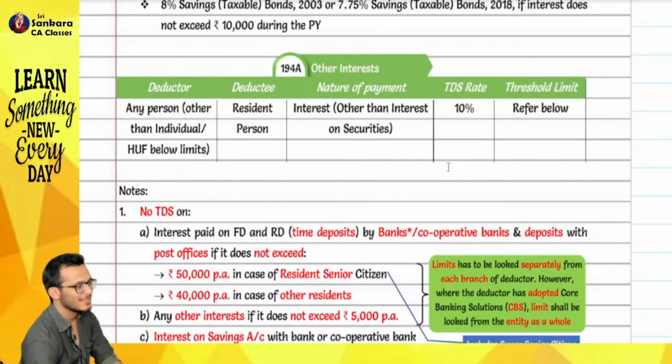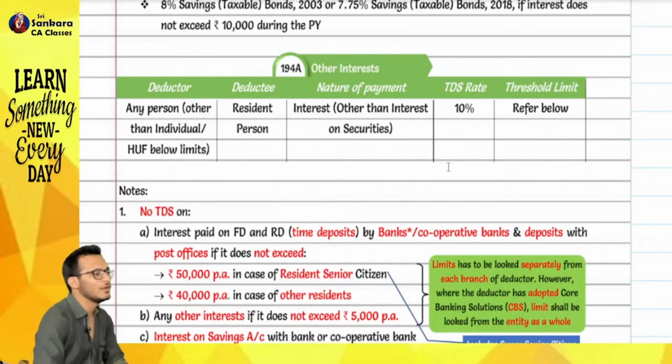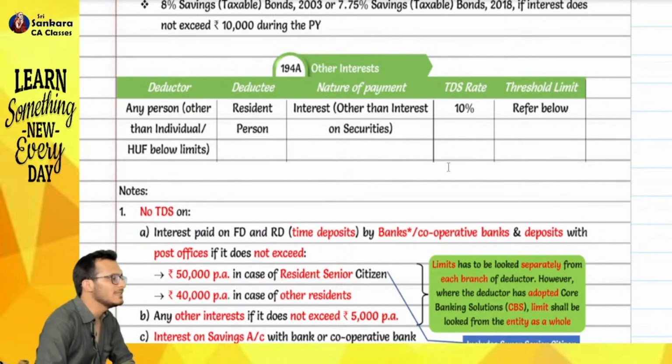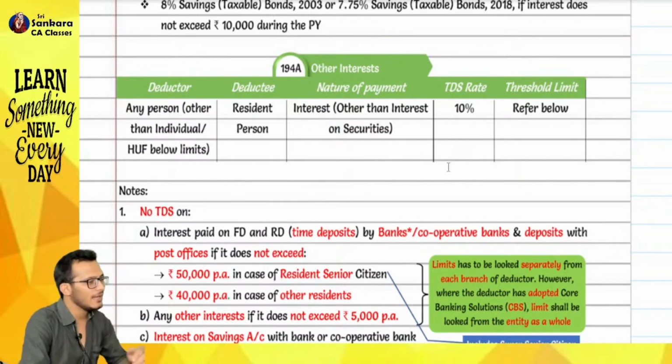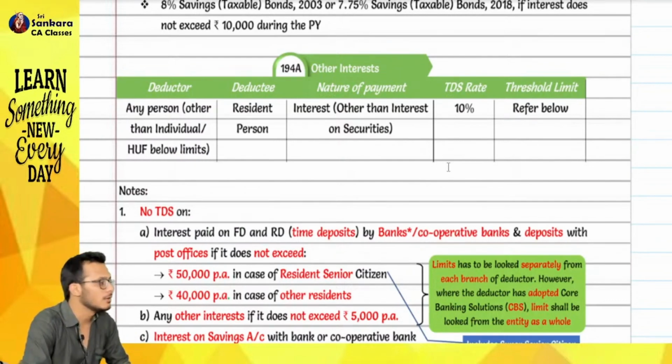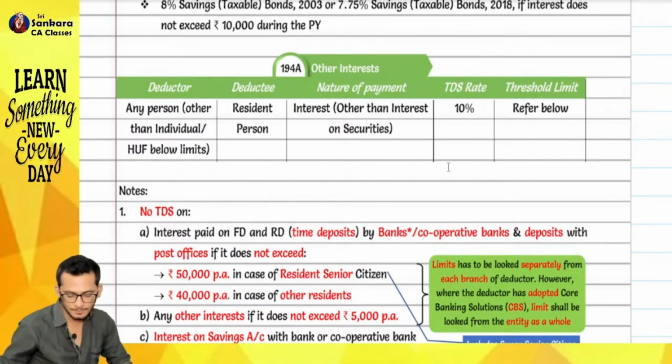Correct? So you will go and tell the other person, boss, if you want winnings from me, please pay me the TDS first and then I will release the car to you. Any doubts? No? Coming to the next section called